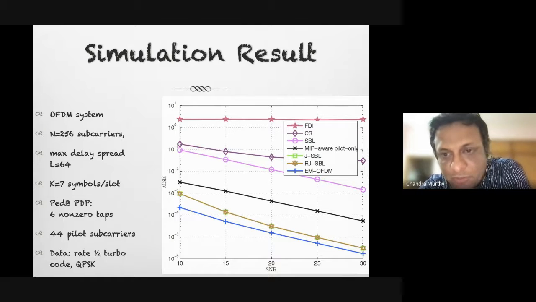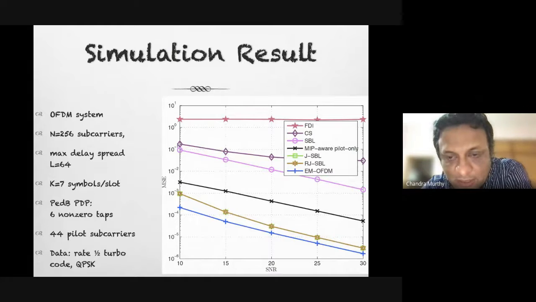Or to a few of the curves. First of all, the diamond curve, which is marked CS, is the mean squared error you will achieve by using a conventional sparse recovery algorithm like L1 recovery. If you directly use this sparse Bayesian learning using the 44 pilot subcarriers to estimate the channel, you will get